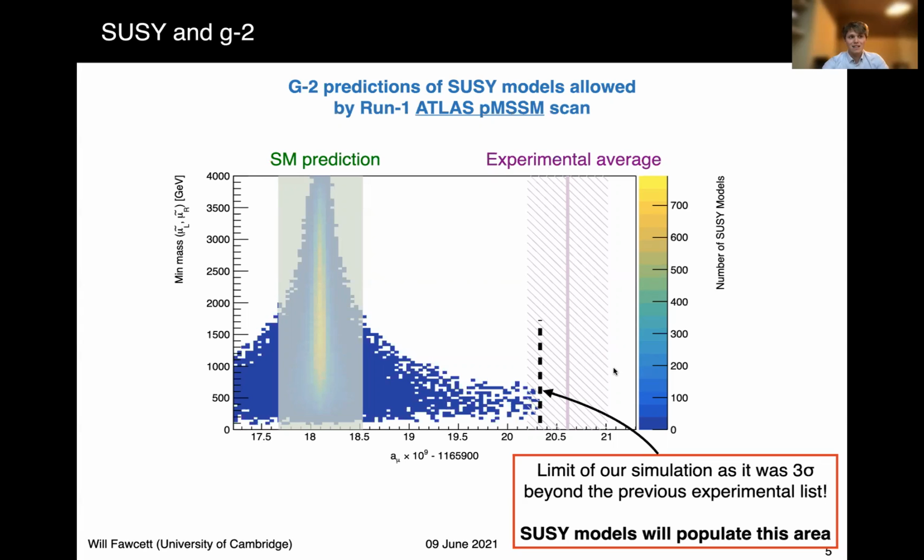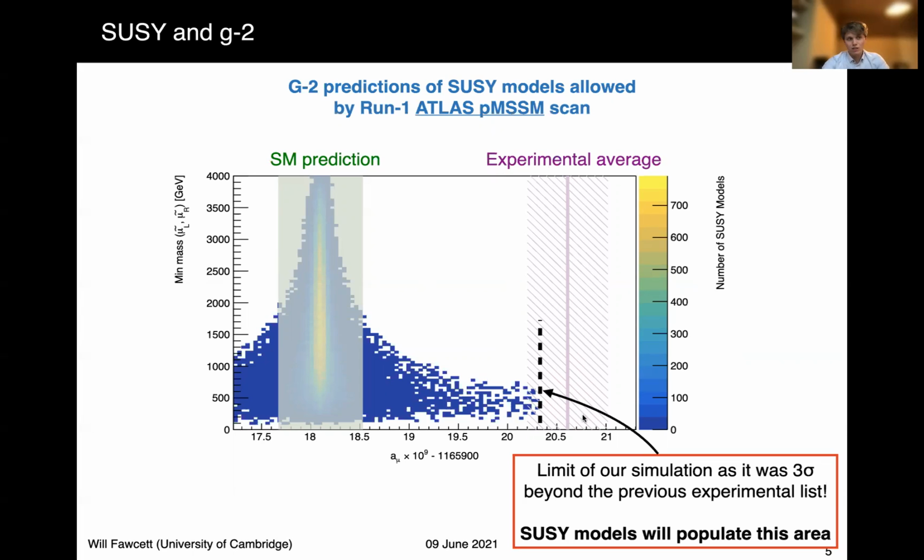The axes here are the modified g-2 predicted by SUSY and the mass of the smuon 1 in those SUSY models. We stopped simulating models that were beyond the 3 sigma of the previous experimental limit, which is shown by the dashed line here. The new limit is even further away from the standard model, and had we not stopped simulating, we would have found viable models in this region here as well.